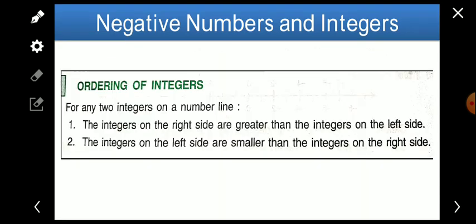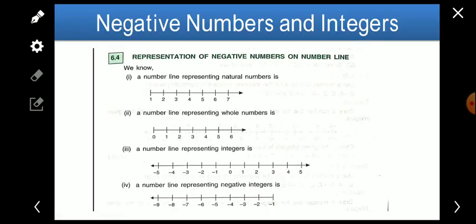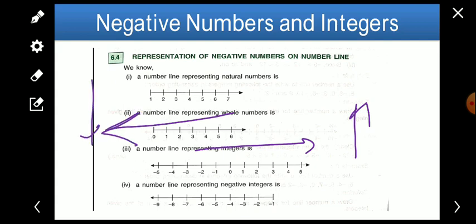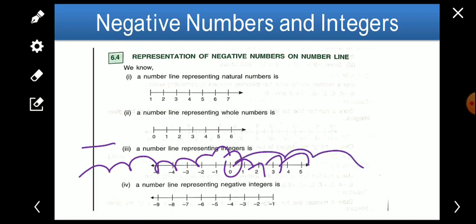One thing we can notice here is that as we go towards the right, the value increases. As we go from left to right, the value increases, but if we go from right to left, the value decreases. You can see that it is 0. If we go towards the right, then 1, 2, 3, 4, the value is increasing. If we go left, then -1, the value has decreased, -2, again it has decreased. As we go towards the left, the value decreases.